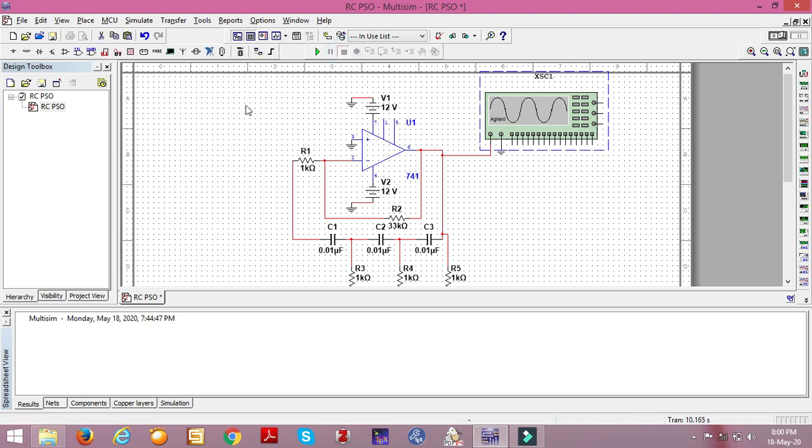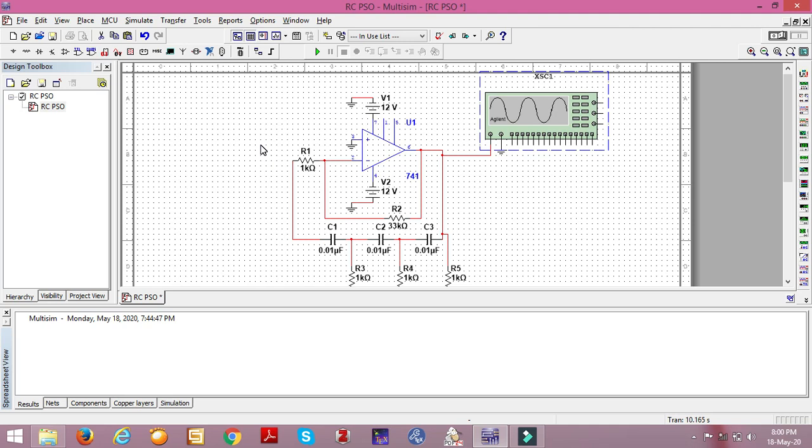The main advantage here is it incorporates a number of virtual instruments. Even if you are not available in the lab, you can carry out your experiments at your place. In this way you can simulate a number of experiments, as listed before.